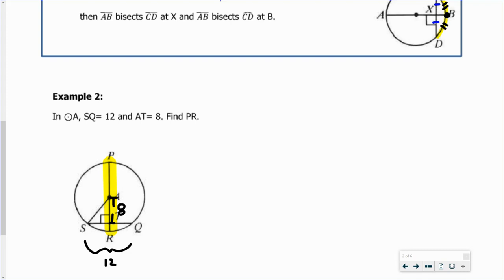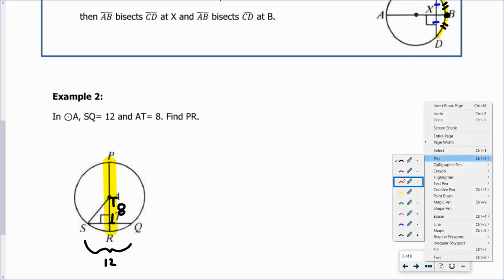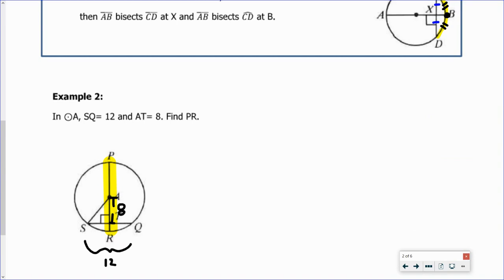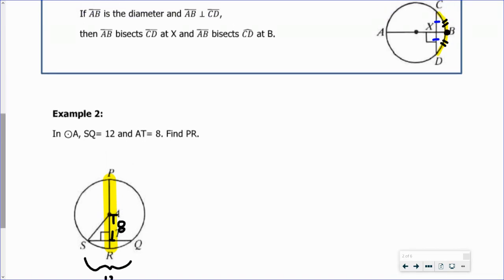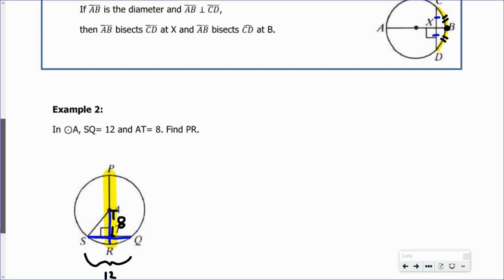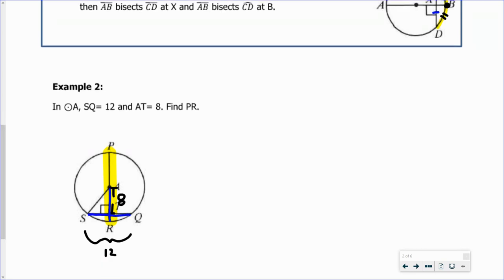All right, so let's see if we can do that. Based off of the theorem that we just talked about, this segment here is bisecting segment SQ. And if SQ is equal to 12, that means that SR has to equal 6. So we know that SR equals 6,